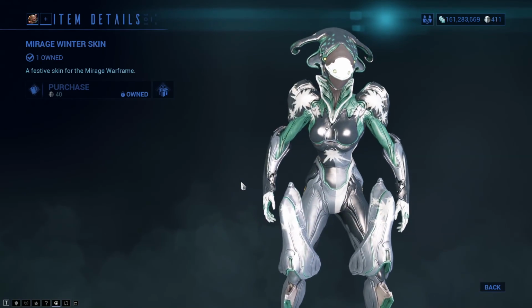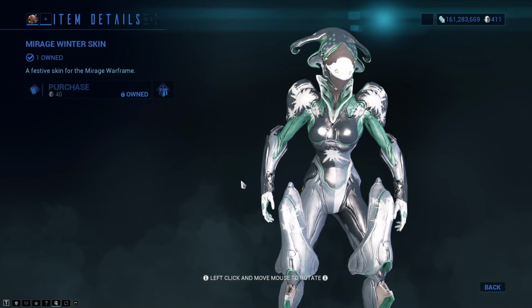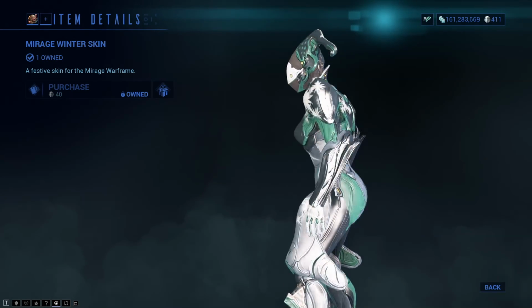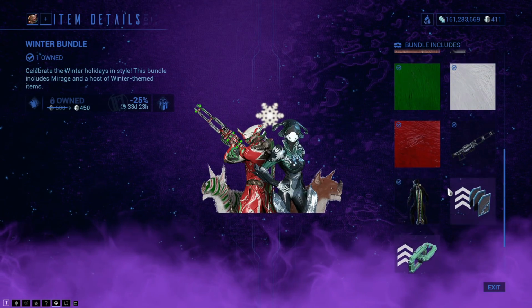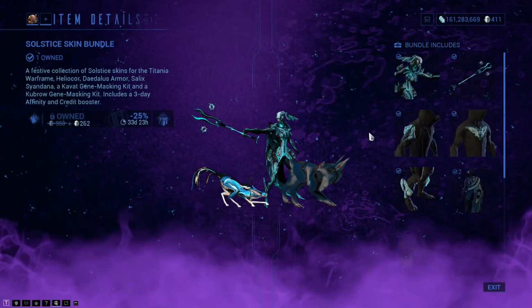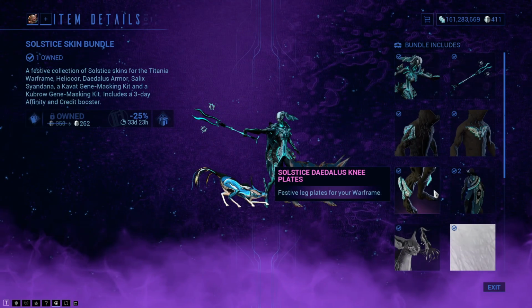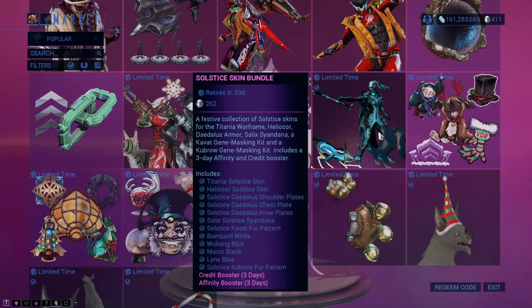It's the Mirage one that I liked so much better, because this is Mirage and Frost, not Titania and Frost. The Mirage one I also liked a hell of a lot. That does look really nice. But the Titania one has to just be my favourite of all of them. Weird that you can't take a look at the armour pieces without an error popping up, but hey, this is